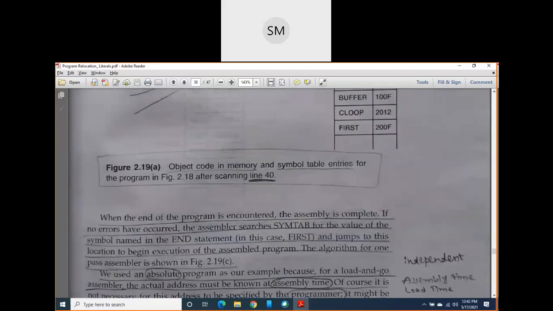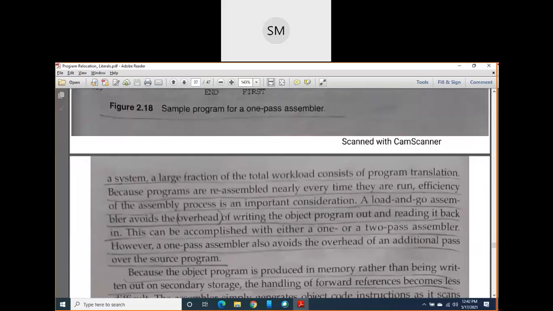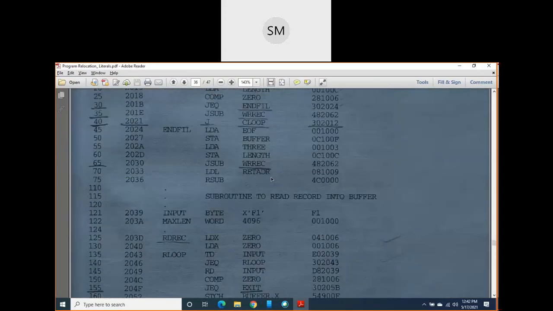You go back and if you observe here, this write record address is 2031. Okay, not the address of write record, the address of the JSub instruction, 2031. It means that from 2031 onwards JSub write record should be present.